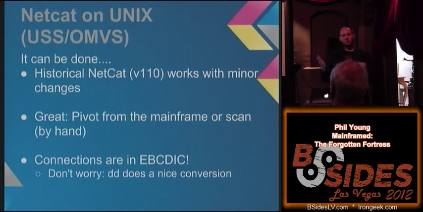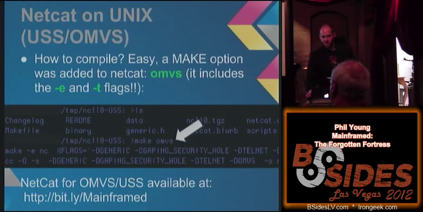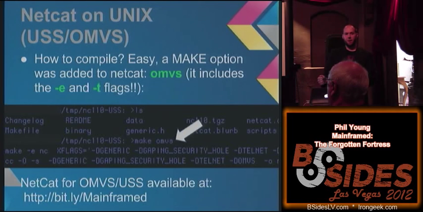So it sort of works, but dd lets you convert that into ASCII. So you can pipe to dd, maybe I'm not saying the command right, but you can pipe to that command and you can convert it. I added a make option. This is an example of it compiling on the mainframe itself. I logged into the Unix environment. I'm actually in OMVS here. So I didn't telnet in, I didn't SSH in, I just logged in through TSO, typed OMVS at the prompt, and then went to my temp folder and compiled Netcat in Unix.